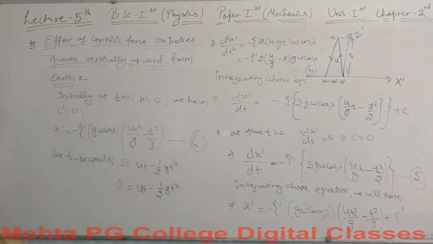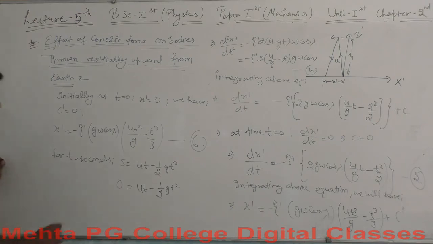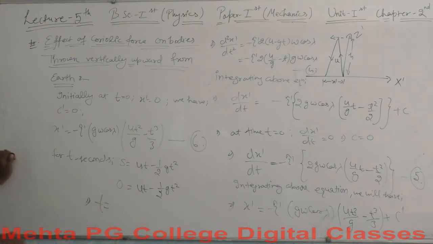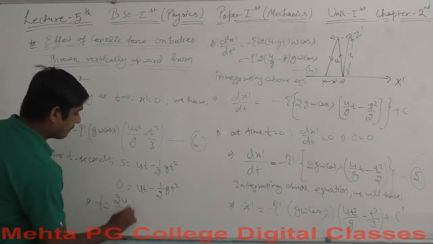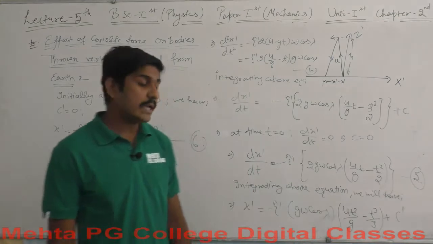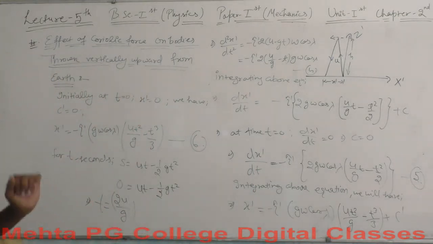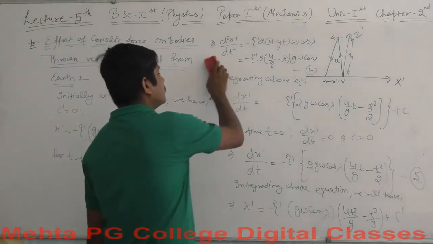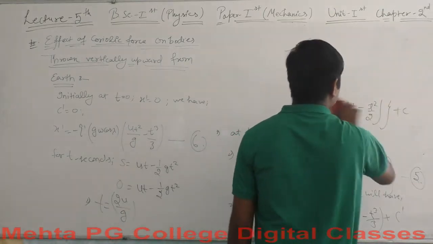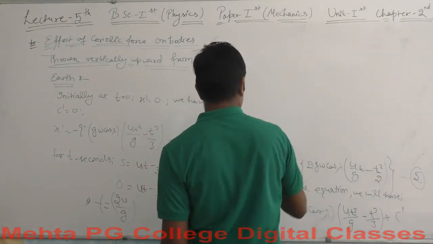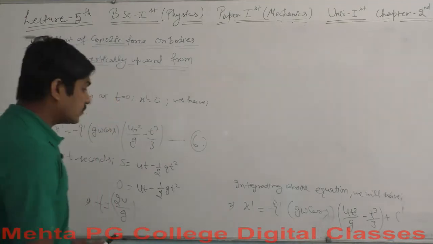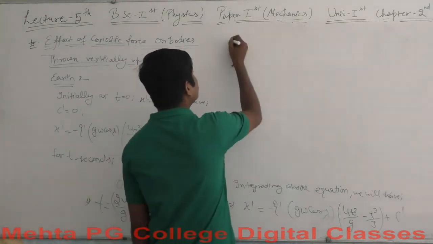For s equal to 0, by this you can say that the value of t now becomes 2u over g. So what we will do, we just simply put the value of t here. Okay, when we put the values here, we got the exact value of x dash. I think we no longer need these things, so clearing them off. Okay, so what we will have is the value of x dash by now.